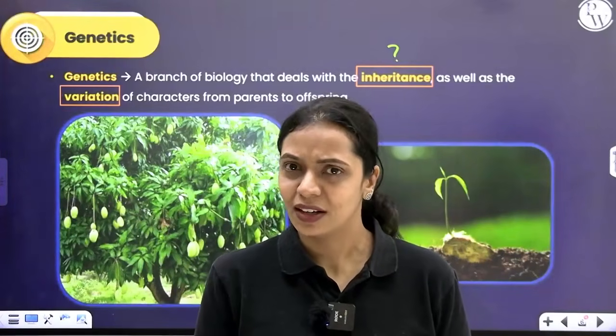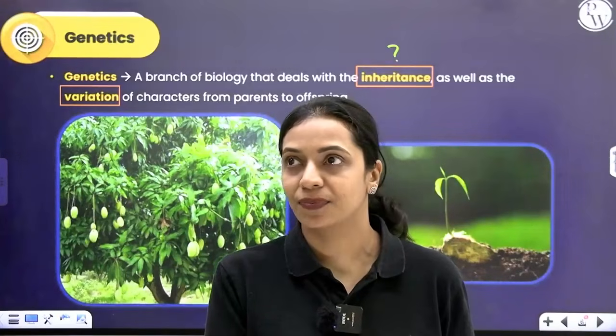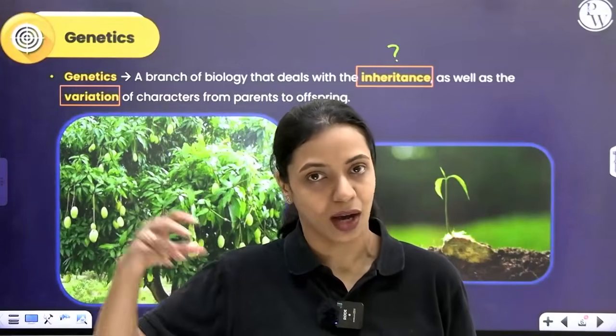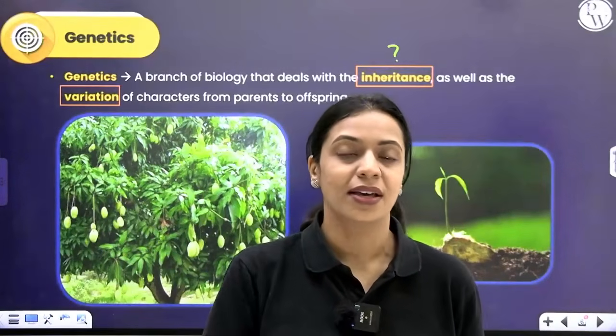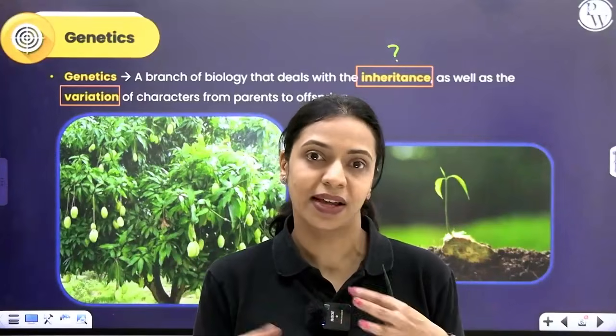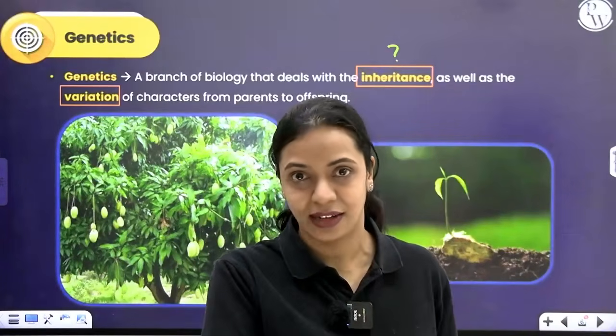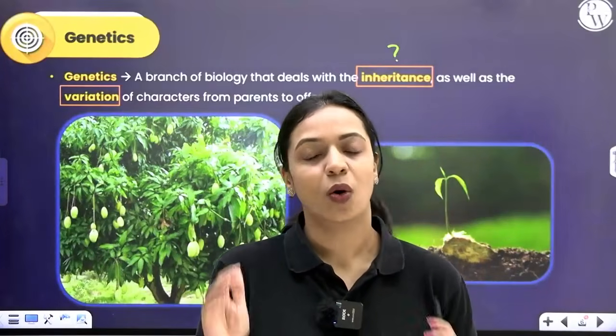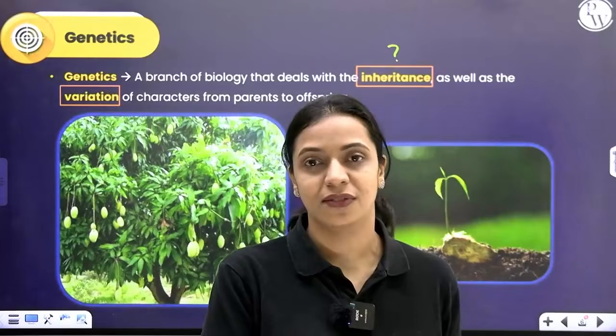So in this chapter, we learn about the principles that govern inheritance and variation. Principles means rules that govern something, right? Like you have laws of gravity and laws of motion that govern how those processes work. Similarly, how does inheritance work? What are the rules that govern inheritance, the passing on of characters? What are the rules that govern variation? How exactly is that variation generated? Why are they not identical? So what exactly happens? All of the rules and principles that govern inheritance and variation, we'll understand